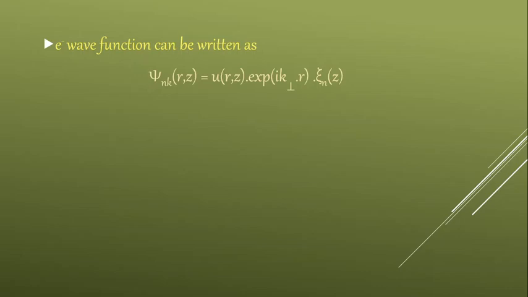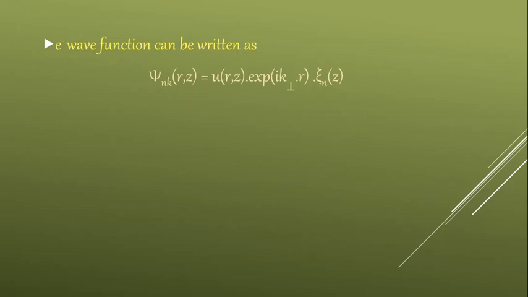So here r and k perpendicular are the position vector, that is, r is the position vector whereas k perpendicular is the wave vector in the xy plane. So r will have the coordinates of x and y, because it is the position vector, meaning it is going to give the direction with respect to the movement of the electron, and the movement will be only along the x and y directions. That's why r is a function of x and y,